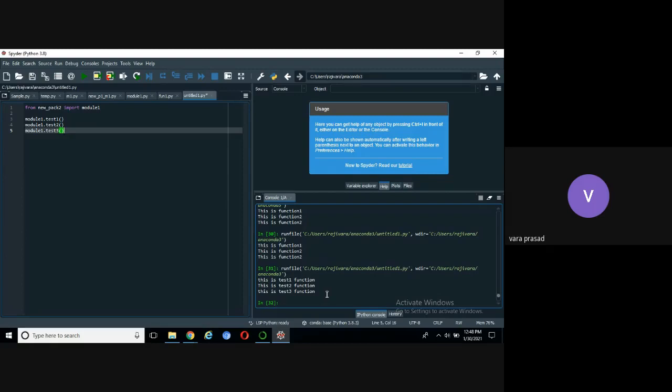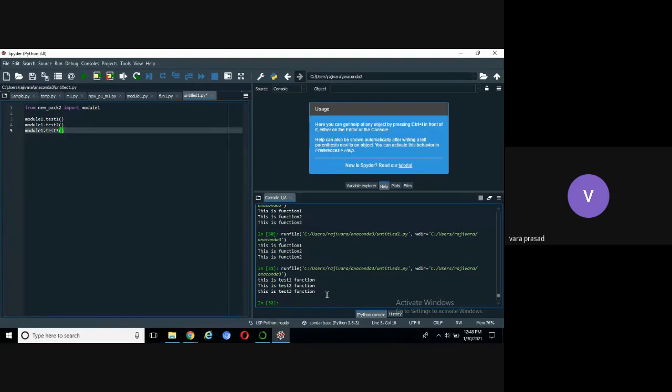The first line: from package name import whatever modules you require. Then we can call the object by using the module name: module name dot test1, module name dot test2, module name dot test3. Like this we can import all the objects from the given module which is available in the given package. This is called the package concept, right?